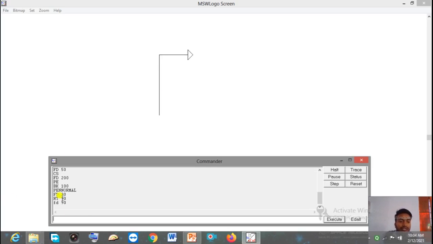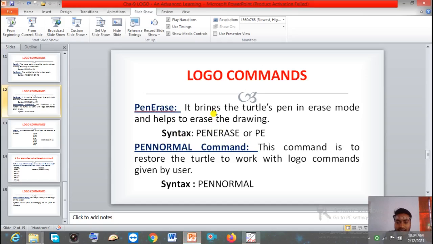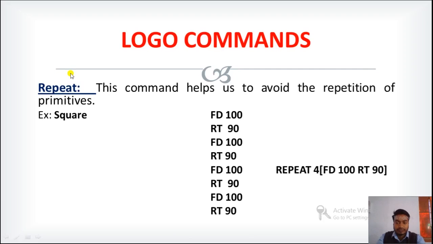So this is the use of the PE command, pen erase command, and pen normal command. Pen erase brings the turtle pen into erase mode and helps to erase the drawing, and the syntax is either pen erase or PE. The pen normal command restores the turtle to work with logo commands given by the user, and this is the syntax of pen normal.